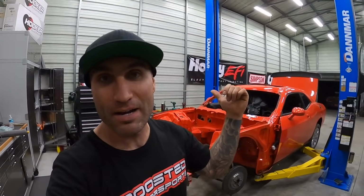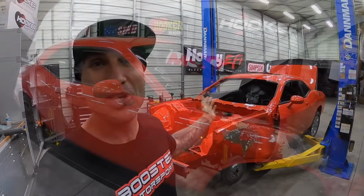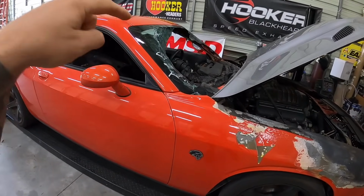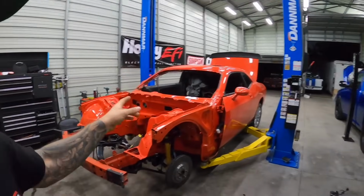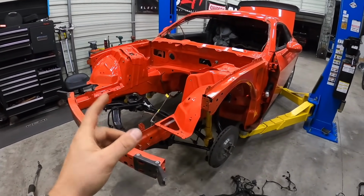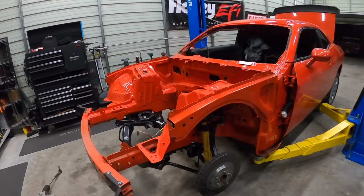So behind me I have a Dodge Challenger Hellcat. So this SRT Hellcat, even though it might not look like it, this was pretty ugly not too long ago. If you guys are new to the channel, we ended up painting this thing, cleaning it up, getting rid of a bunch of stuff because this did have a fire that happened on it. Transmission exploded and this thing caught on fire, but you would never be able to tell now because we absolutely